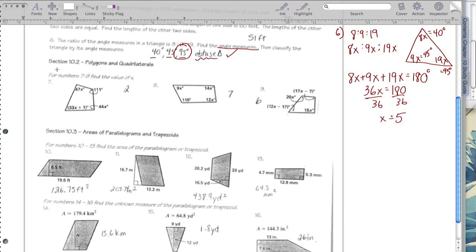Okay? Let's move on to numbers 7, 8, and 9. On these ones, they're giving us polygons and quadrilaterals. This is from 10.2. They want us to find the value of x. Now, this is very similar to what we just did with triangles. The only difference here is that we have 4